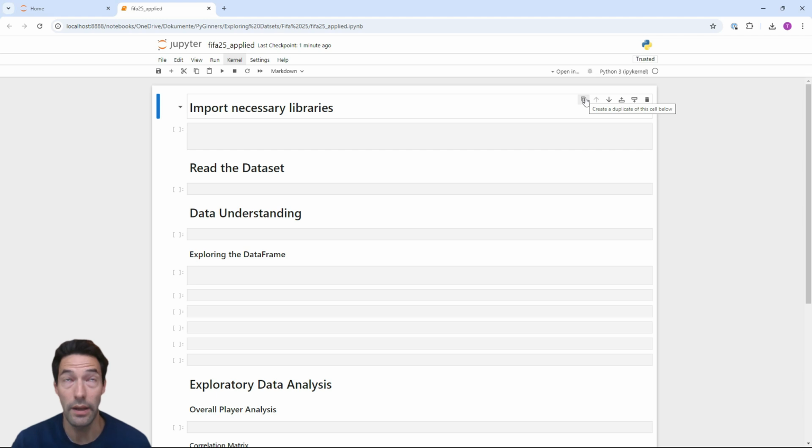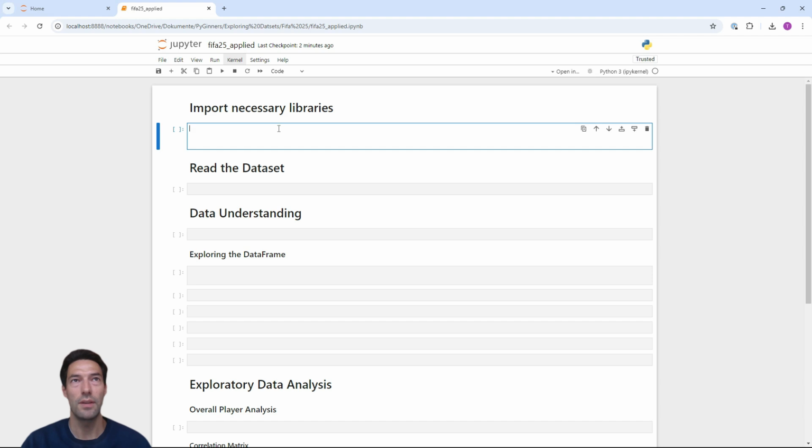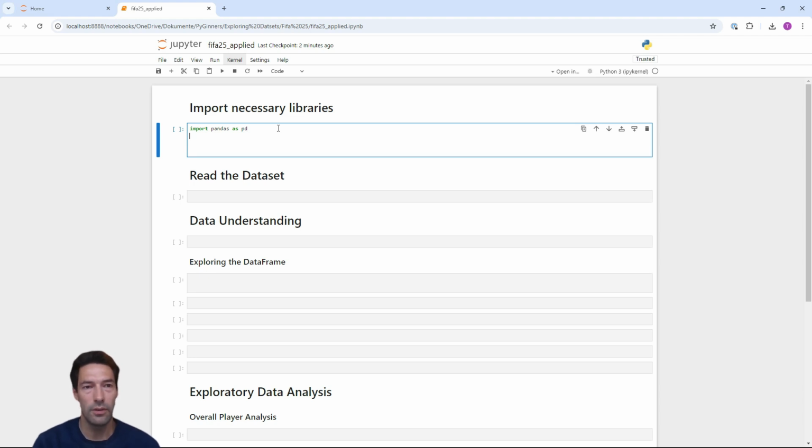So here we are in a Jupyter notebook, which is just an environment to run Python code. And first we'll have to import certain libraries in order to perform our data analysis. I'll start by importing Pandas, which is a useful library for data analysis. I'll type in import pandas as pd. Also, we will need NumPy as np,